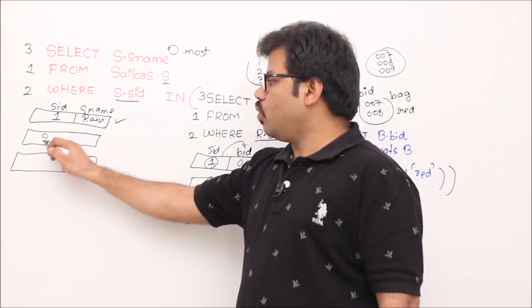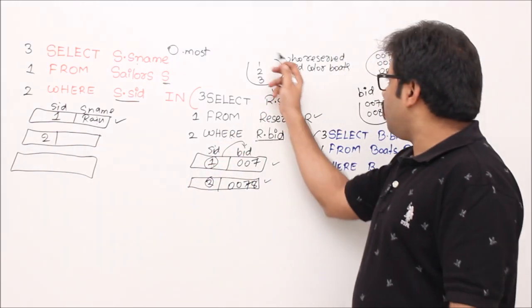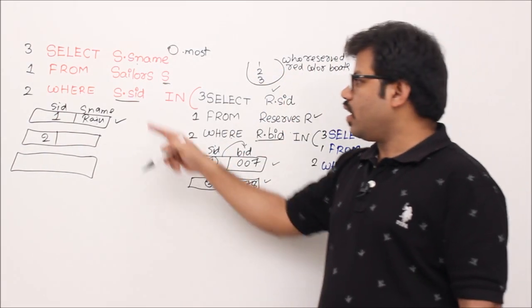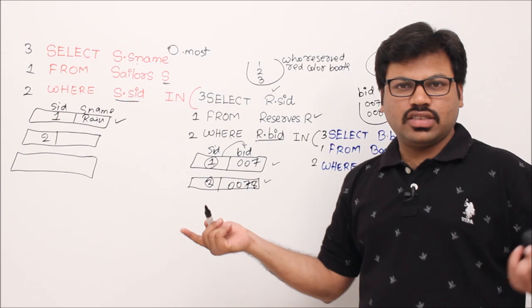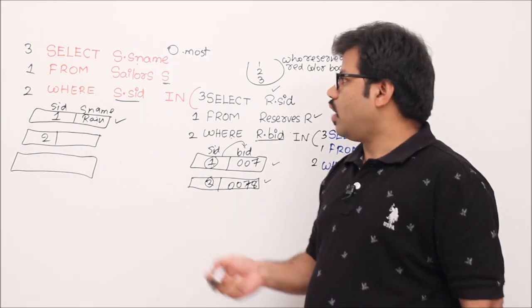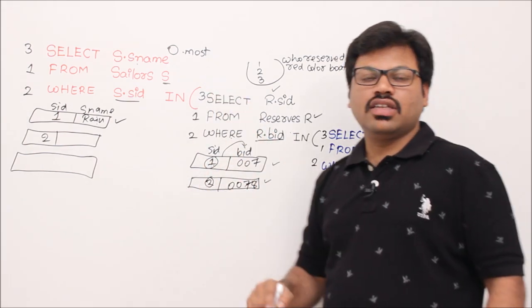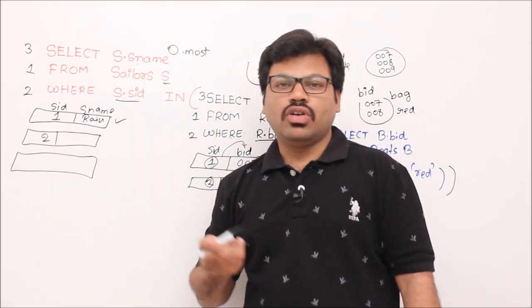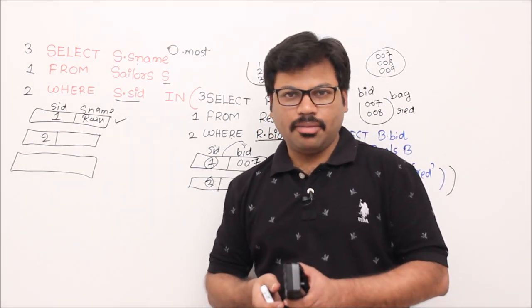For example, 2 is a person who reserved a red color board. So these are all people who reserved red color boards. Then definitely 2 in 1, 2, 3 will match. That's quite obvious, right? So I can say that finally this query's result is: find the sailor names who have reserved red color boards. Okay. Let's see